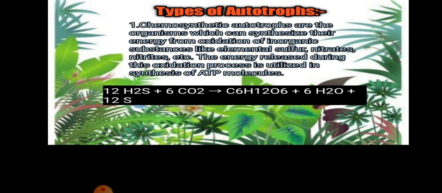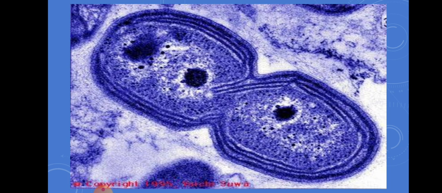Energy released during this oxidation process is utilized for synthesis of ATP molecule, which is the energy currency. Over here you can see there is a reaction, that is 12H2S hydrogen sulfide plus 6 CO2. It produces C6H12O6, which is obviously glucose, and then 6 molecules of H2O are produced and 12 molecules of sulfur. So this is an example of a chemosynthetic reaction that takes place in chemosynthetic autotrophs, and this